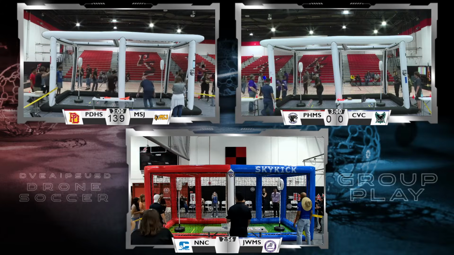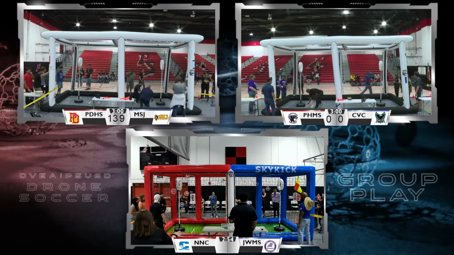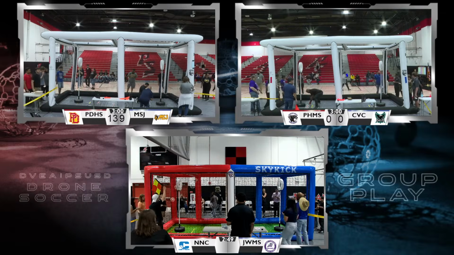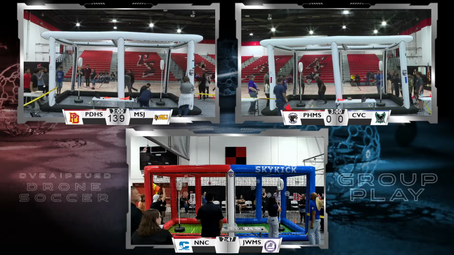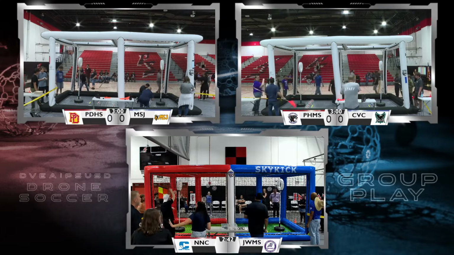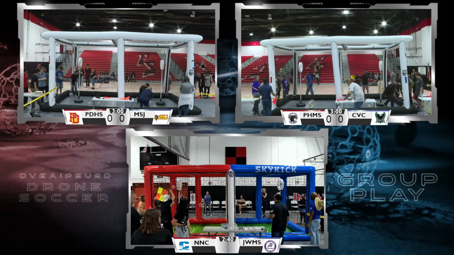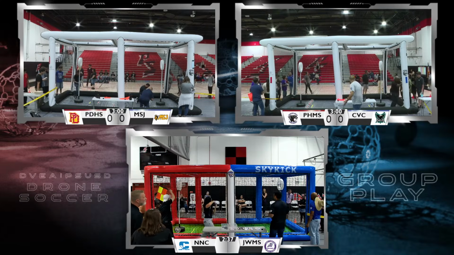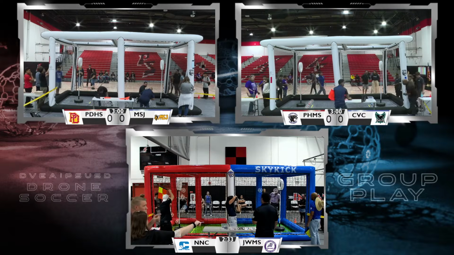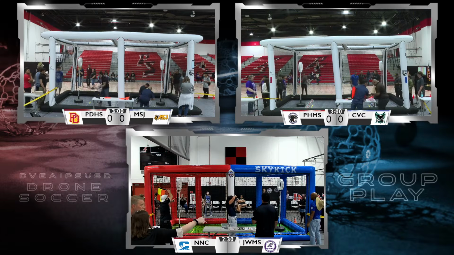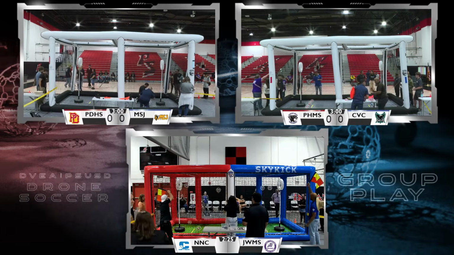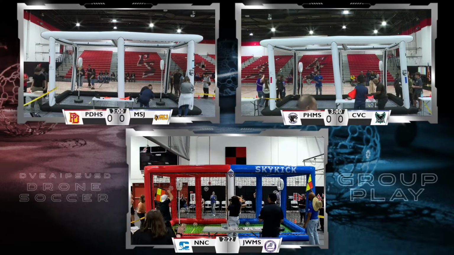Again, a straight up win, winning both games, is 2 points for the team. A tie, splitting those games, a win and then a loss, that's 1 point for each team, and a loss is 0 points for the losing team. If there are ties in those game scores, ties will be determined by the number of goals that is scored throughout the games and across all of the games that students will play today. They'll play a total of 4 games in these seed rounds, 2 against one opponent and 2 against another opponent. Those opponents were randomly chosen.